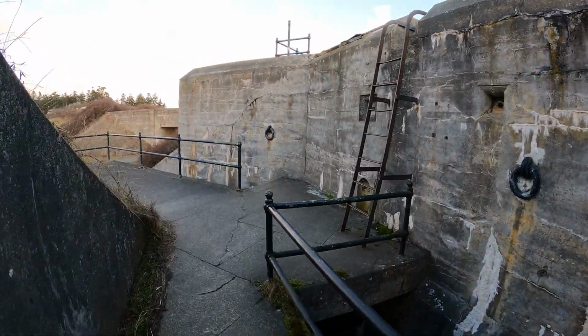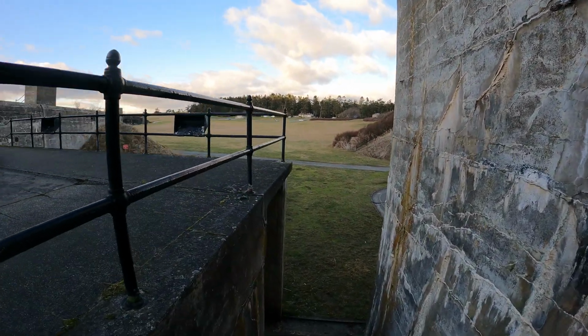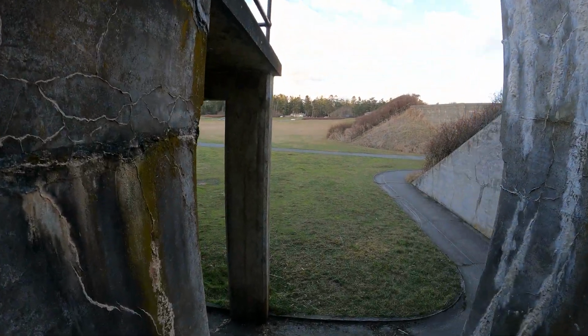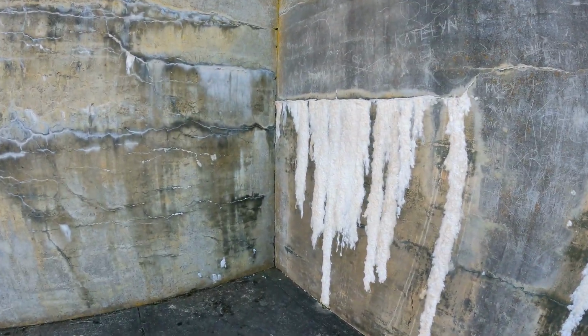All right, I think that's the end of the middle level. So now I'm gonna go downstairs. Check out the upper level, or the lower level. You know what I mean, whatever's left. Notice right below this